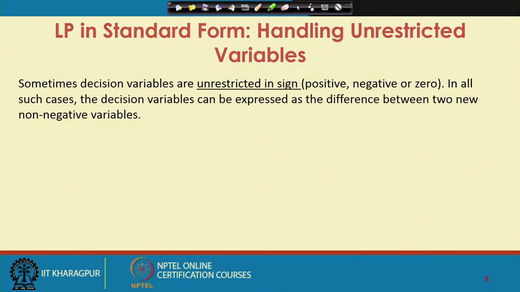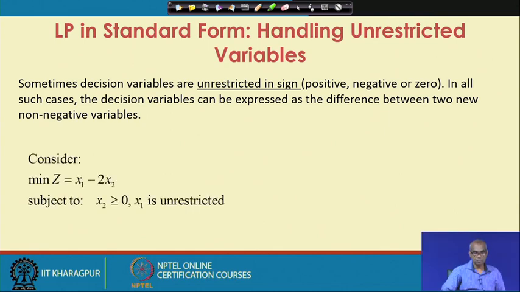So, an unrestricted variable can be expressed as a difference of two non-negative variables. This is how I can handle